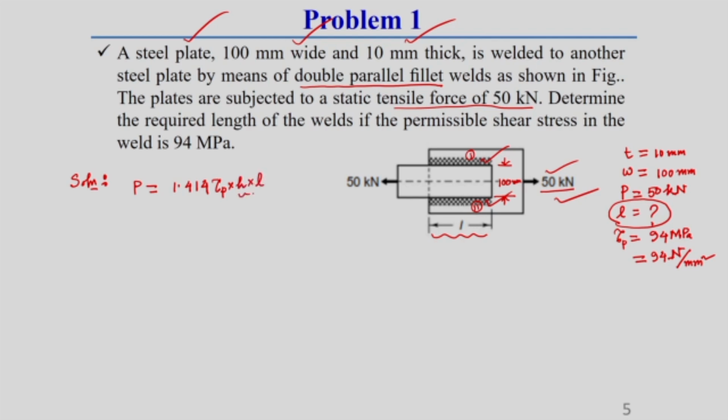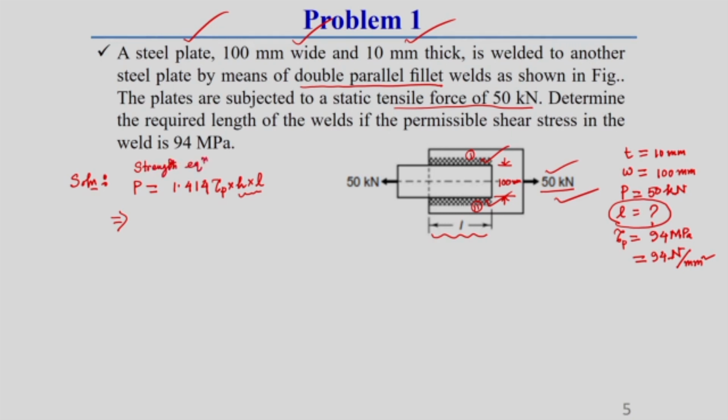This relationship already I have discussed in last lecture. That means strength equation in case of double parallel fillet weld, generally is equal to 1.414 permissible shear stress tau P into H into L. This already I have discussed. How this thing is coming, that is also very well known to you. So, this is called strength equation,